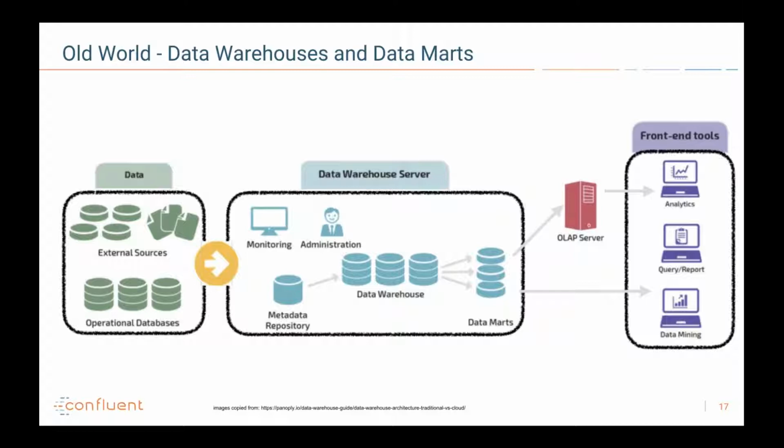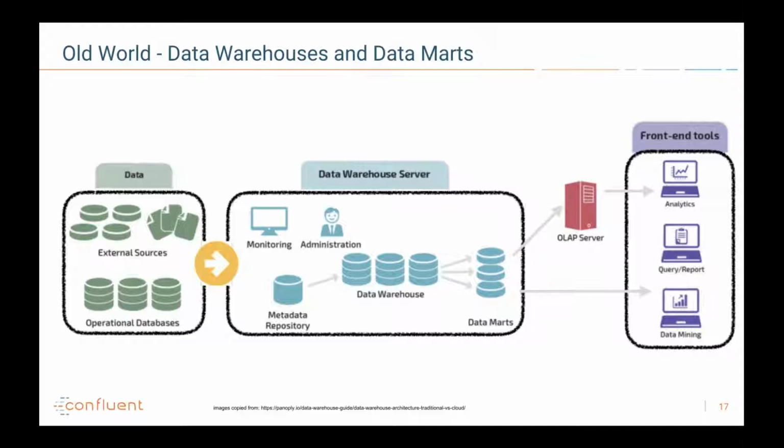Because of relational databases at the time, it was very expensive to store data, and users wanted data that was very clean and very easy to access. So what started out was a concept called schema on write. As the data was flowing through our sources, it was written into a star or snowflake schema, and then served out either through an OLAP server or through front-end tools by the end users.